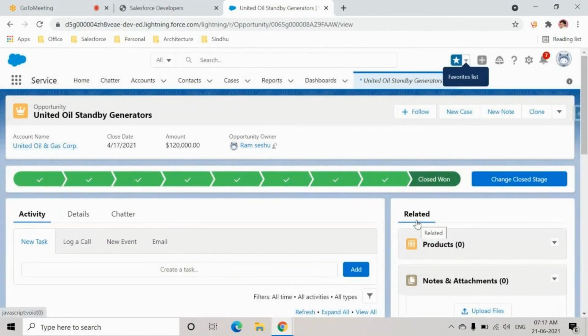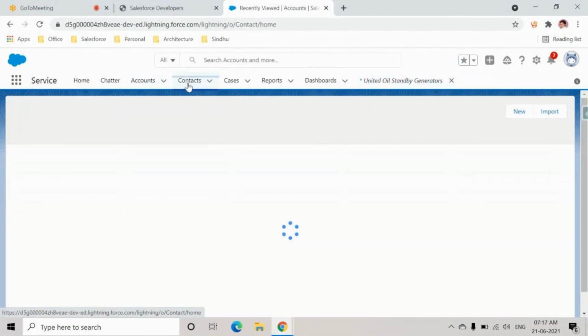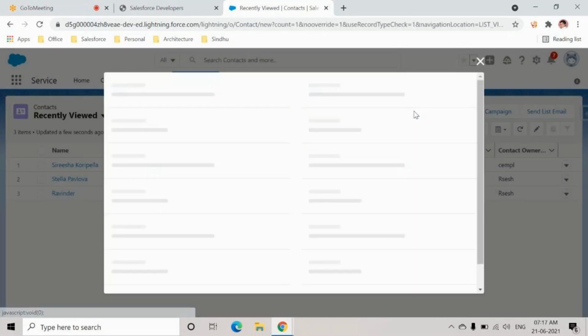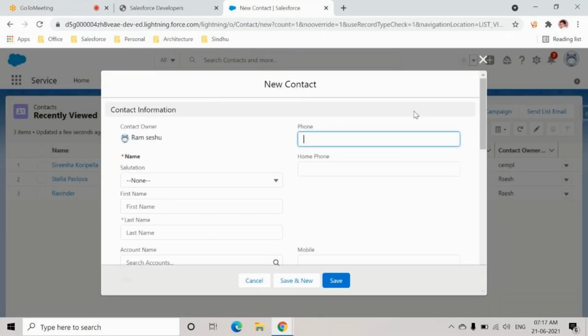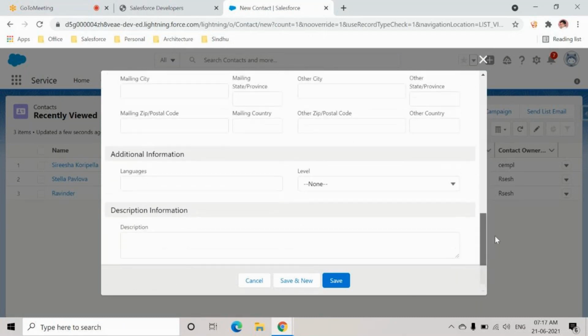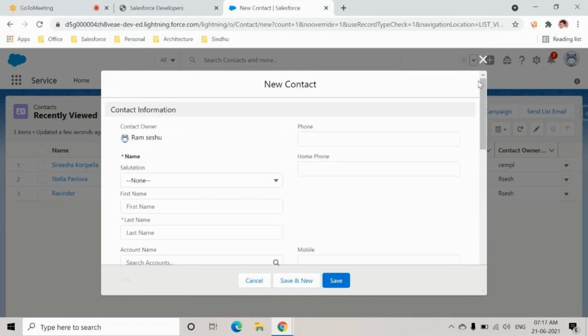Okay. Now, for example, let us say I want to create a contact record. This is my contact table. I want to create some records in my contact table or contact object. So I'll click on the new button and start creating the records. But if you see here, to create this record, I have to fill a whole lot of fields. Okay, and these are just standard fields. The moment I start including custom fields, it will become a bigger list also.